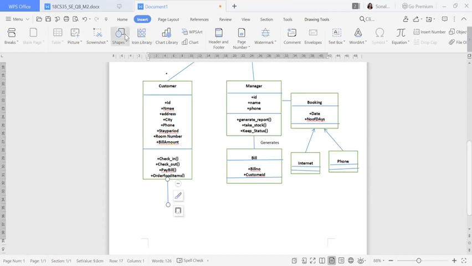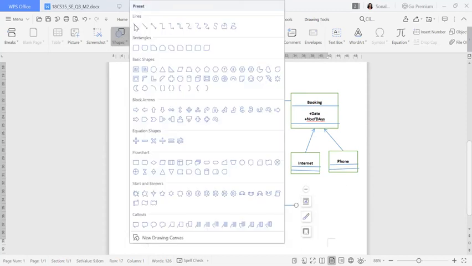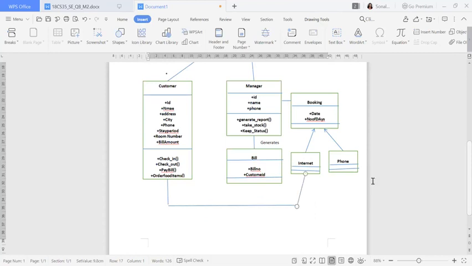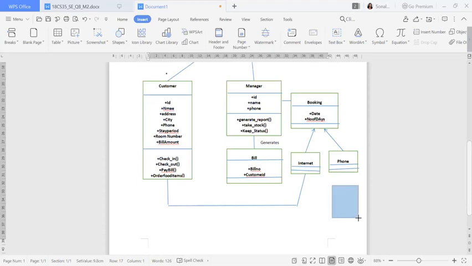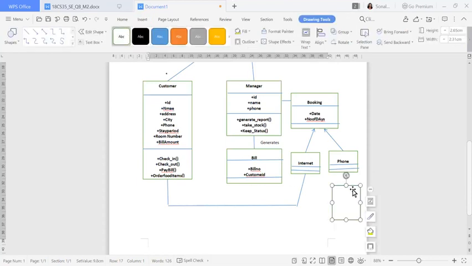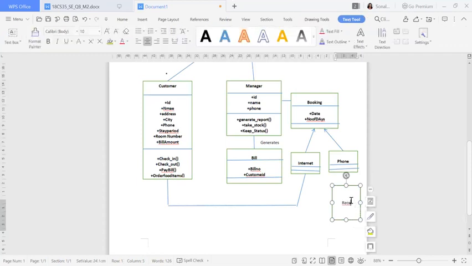So here I'll give the connectivity customer to internet. Okay, that connectivity I have given. Now, you can see this phone booking also can be done through your receptionist, right? So under this, I'll keep here receptionist, because the receptionist also can book it. So I'll write receptionist.